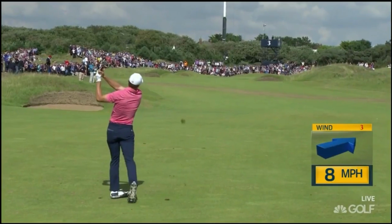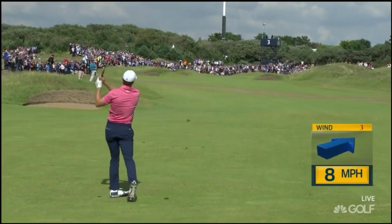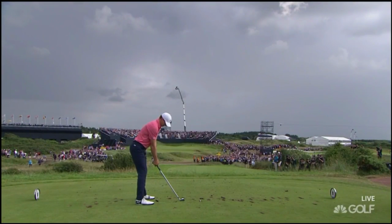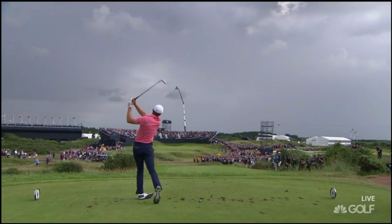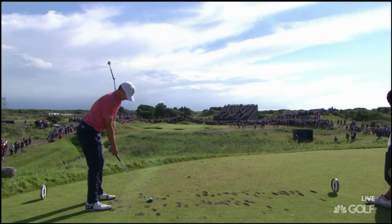Now, I will say Ben Hogan is famous for saying trying to control the club face is folly. But with Jordan's little chicken wing release, he just keeps that thing so square. And he has emerged as the top ball striker on tour, I've read recently, which is really remarkable because